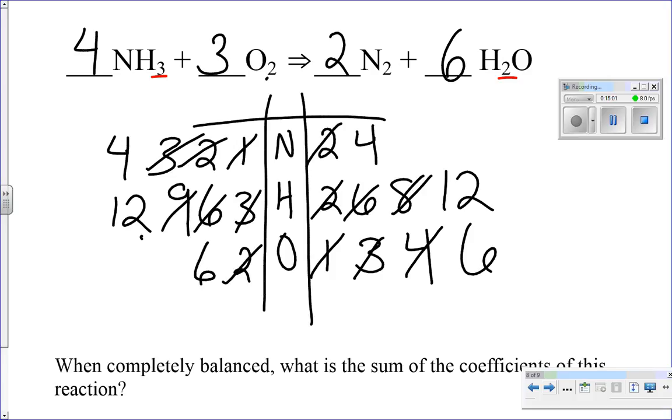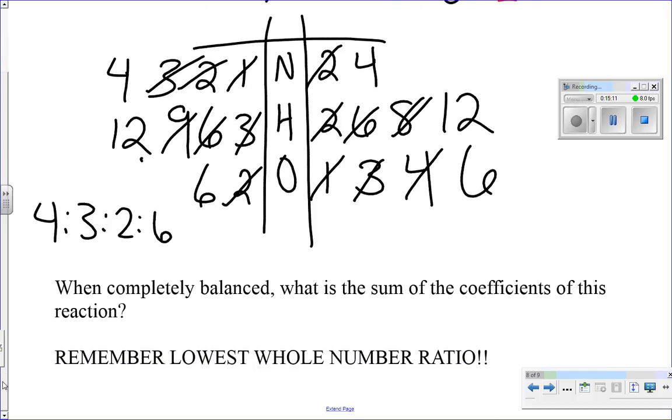A little bit more of a complicated problem, but through trial and error and using your subscripts, you can figure it out. We've got a 1 to 3 to 2 to 6 ratio. You can actually occasionally be asked to sum these. If you summed these, you would simply do 4 plus 3 plus 2 plus 6 equals